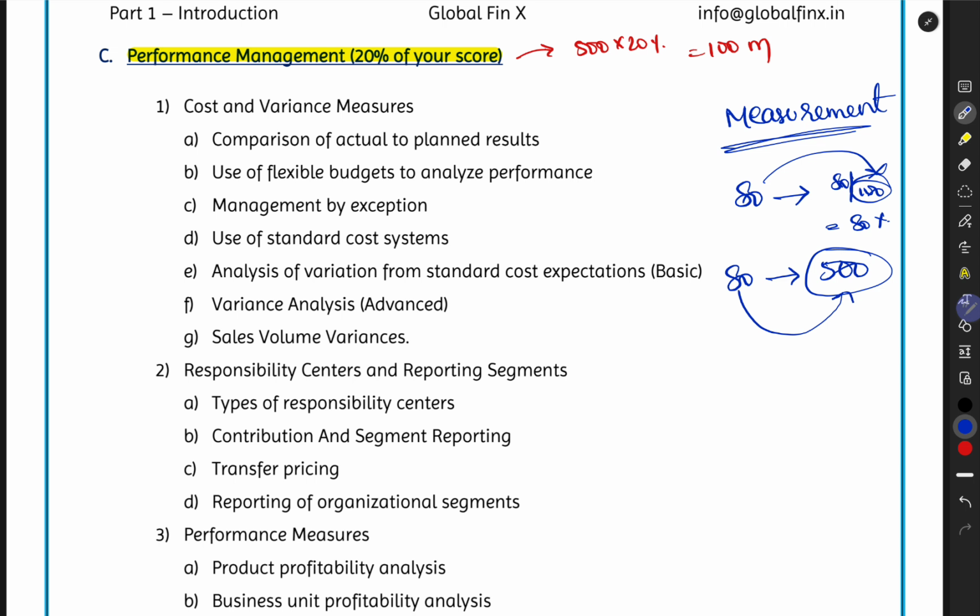80 out of 500. Okay, my bad. 80 by 500, that's 16%, which is very bad, right? So we need to understand there has to be a base to evaluate or to measure the performance. Now that base in case of business is nothing but